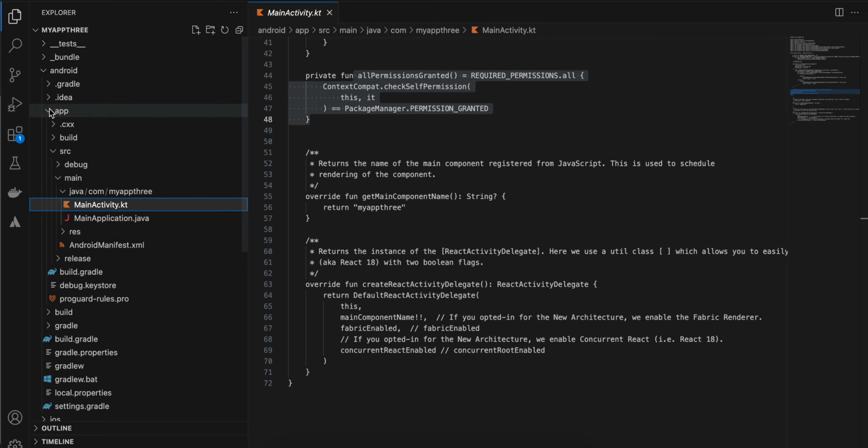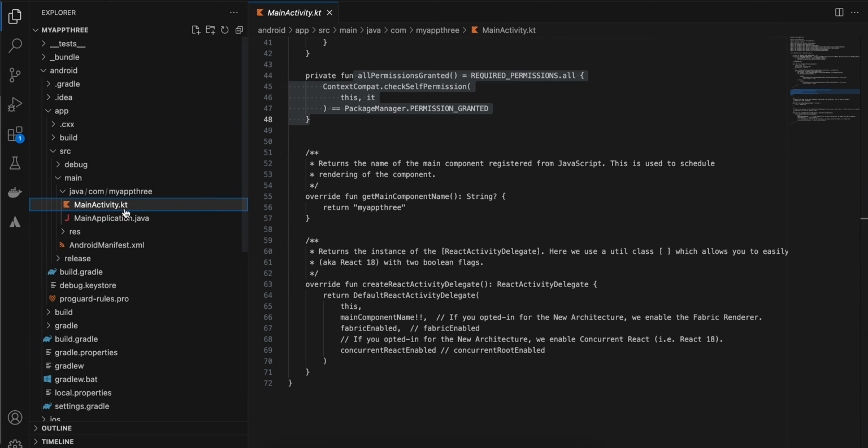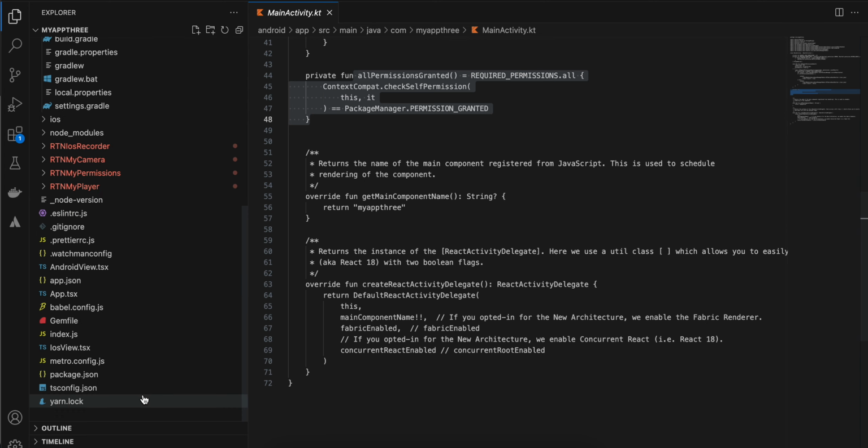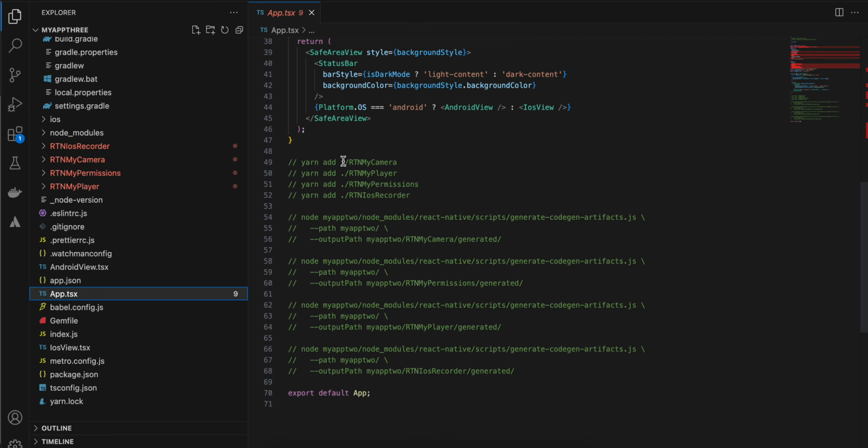Okay, so I think that should be it for Android. I hope I'm not missing anything. So yeah, one important step which we forgot is you have to run this command. So open your terminal and first run this yarn add ./rtn my camera, then run this, then run this, and